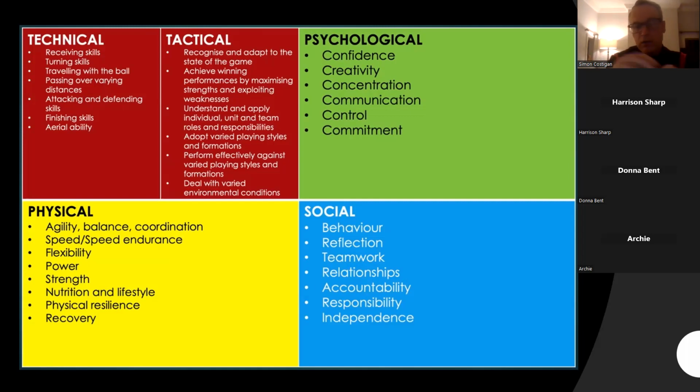So there's still the videos on YouTube around sleep, hydration, nutrition, the strength and conditioning sessions that we've now started within the club. And there's also the stretching routines as well that are available on YouTube that have gone out as well. So think about the progress that you've made in the physical quadrant,